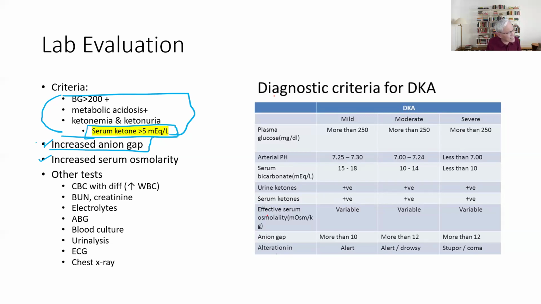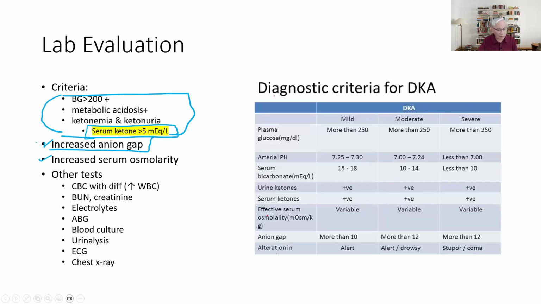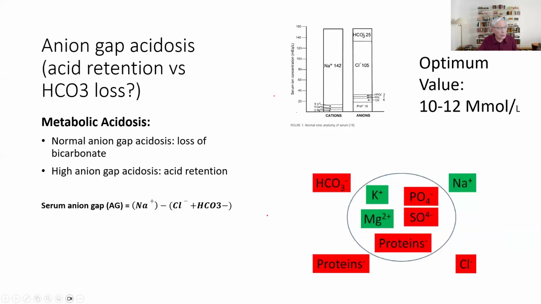Okay, so let's go to this anion gap. How many of you understand what anion gap is? This usually is something that nurses are oftentimes confused about. Now, an anion gap is the best way to determine the acidosis progression. Okay, so whenever we have acidosis,